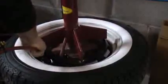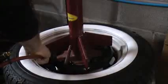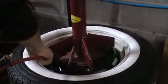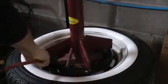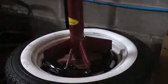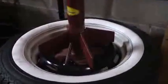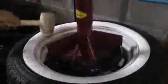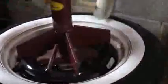Start inflating some air into the tire. And you want to inflate as much as you can until you hear the bead pop. So the tire is now seated into the rim. Don't worry about the portal wall coming up now, as you can see. And make sure your valve is taken out of your valve stem at this point, and then just let the air out until the tire is out of air, but the bead will still be set at this point. Now you want to get yourself a nice clean rubber mallet and start hammering the portal wall down,